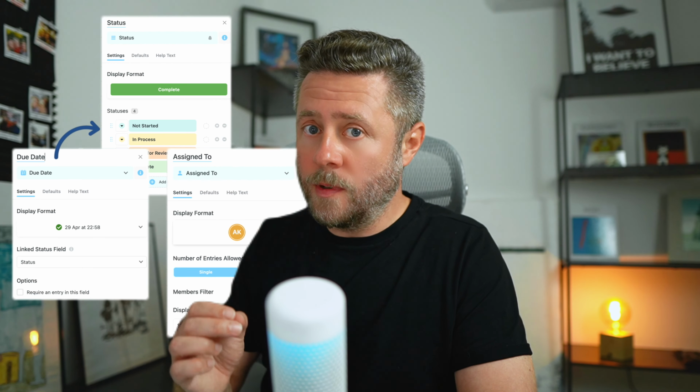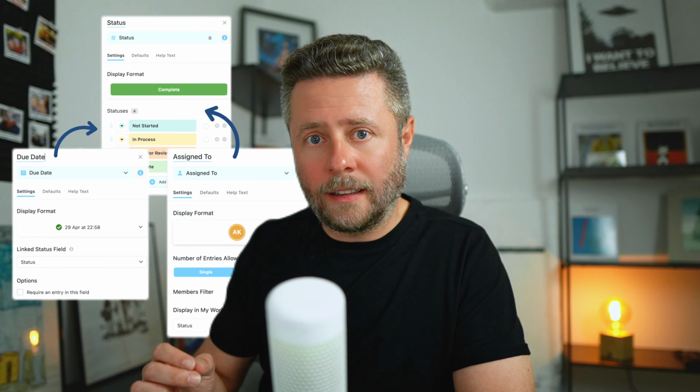Unlike other tools, SmartSuite is not a hardwired project or task management system. It's way more versatile and abstract, as our records can basically turn into anything you can imagine. But if you want them to act as tasks and be displayed on the Gantt, a few things need to happen. First of all, your table needs to have a so-called task combo that consists of 3 fields: status, due date, and assigned to. And please note that both due date and assigned to need to be connected to the same status field. And once we have that, we can move on to the next step and create a dependency